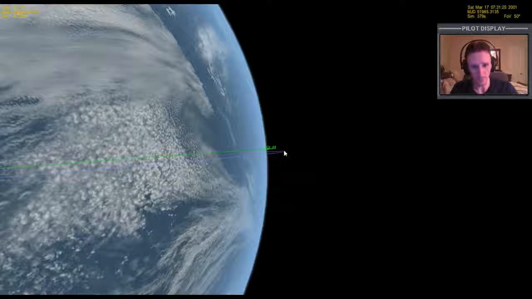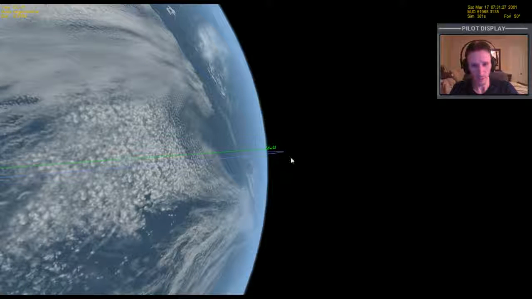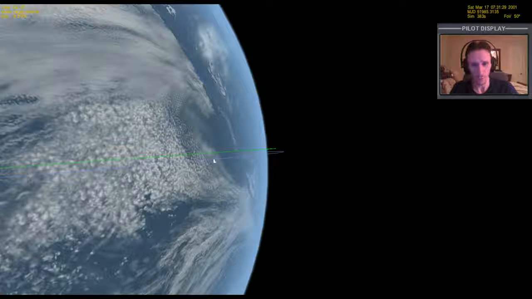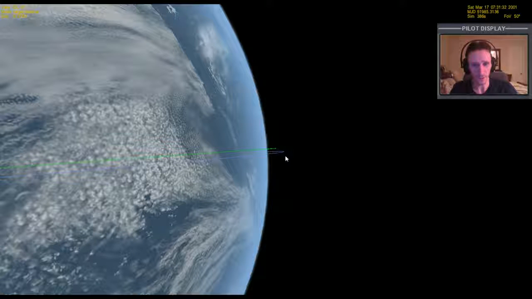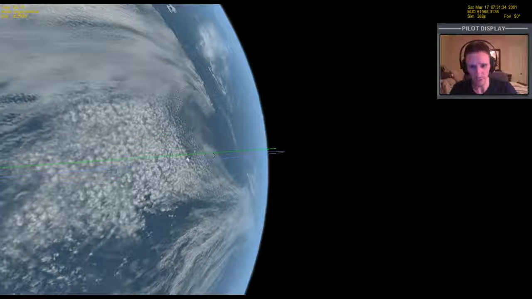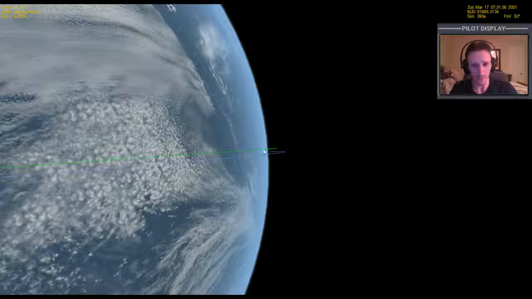We can see this blue line down on the bottom. That is actually the orbit of the ISS around the Earth. And this green line is the orbit of our